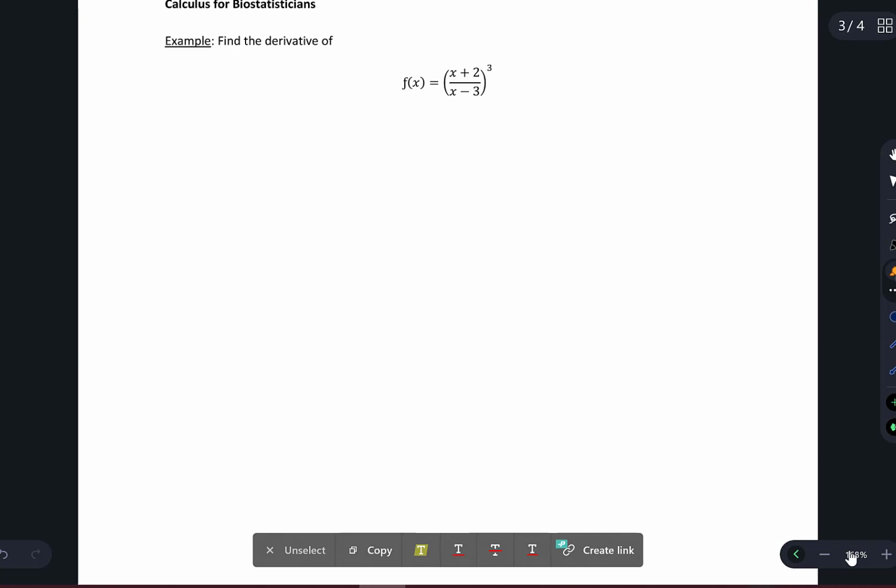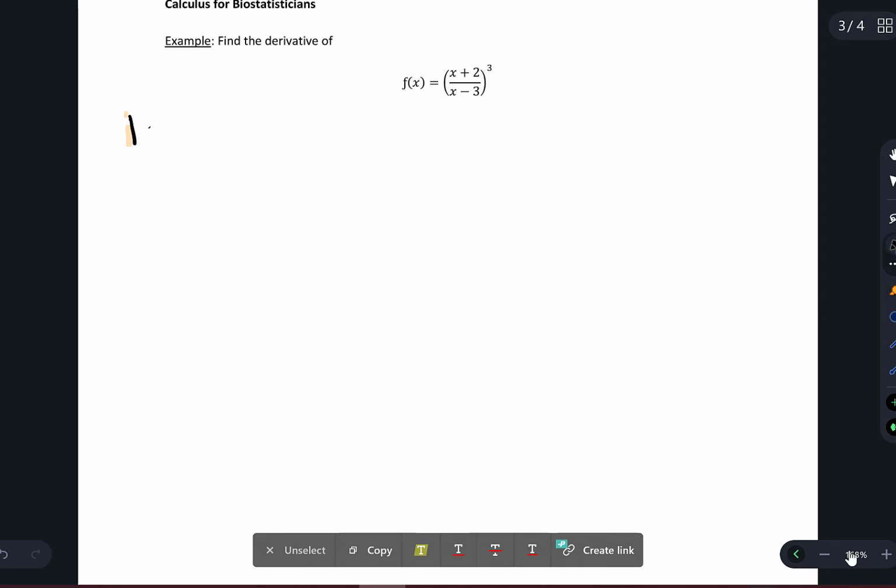Right here we have another example. And so again, we can see this is a composition function where the inner function is x plus 2 divided by x minus 3, and the outer function is going to be u to the power of 3. So here,